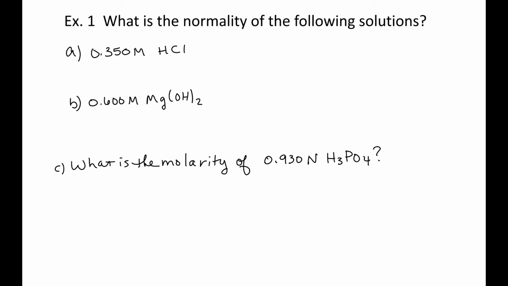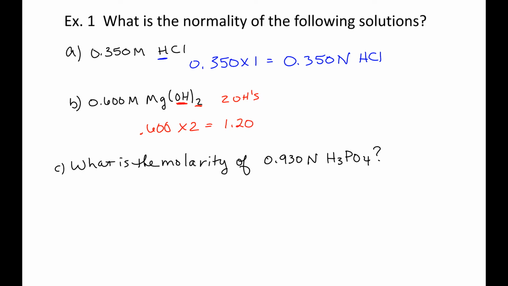What is the molarity or normality of the following solutions? The first one we have is 0.350 molar HCl. There is but one H, so it's going to be 0.350 times 1, so it's 0.350 normal HCl. Now the next one is 0.600 molar Mg(OH)2. So there are two OH's, so this is going to be 0.600 times 2, which is 1.20 normal